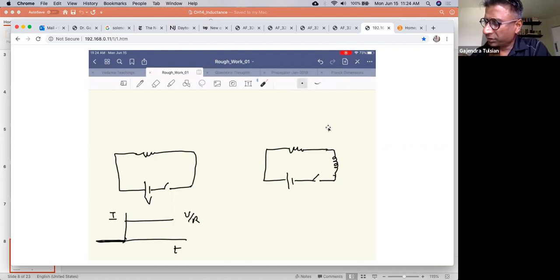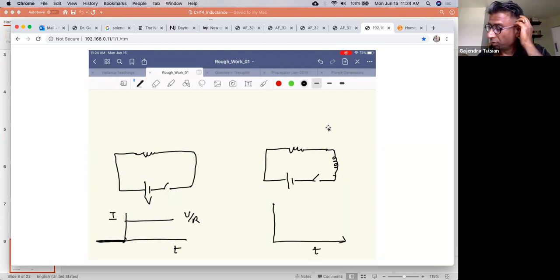It has no resistance, but anyway, we'll talk about ideal things. So now in this circuit, the only thing that has changed is I've introduced this inductor. And now if I close the switch at t equal to 0,